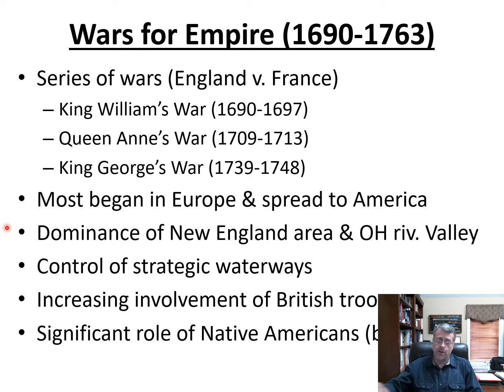The king of a 3rd country dies. England claims that one of their people has a right to the throne, and France claims the same thing, and so they fight. In fact, each of these wars has a European name: the War of the Grand Alliance, the War of Spanish Succession, the War of Austrian Succession. Again, they're fighting over who's going to have the most influence in a given country. So there are European issues that start all these wars.